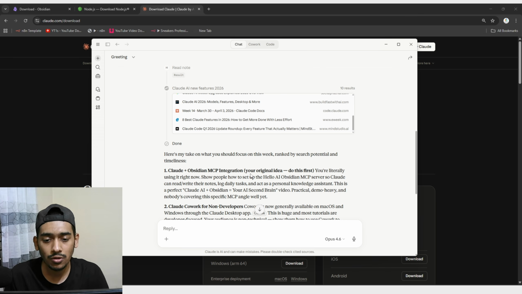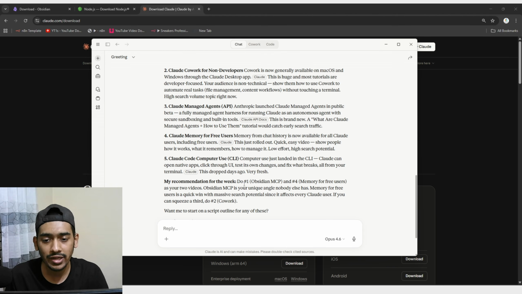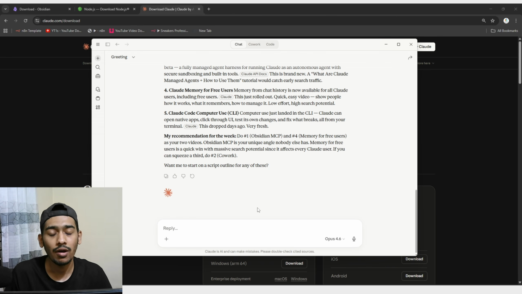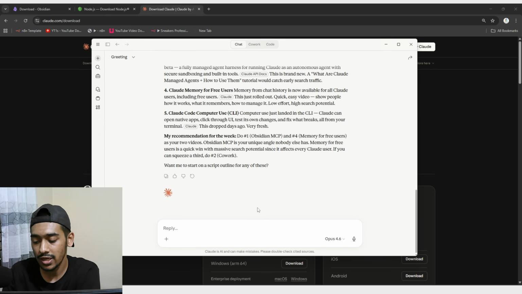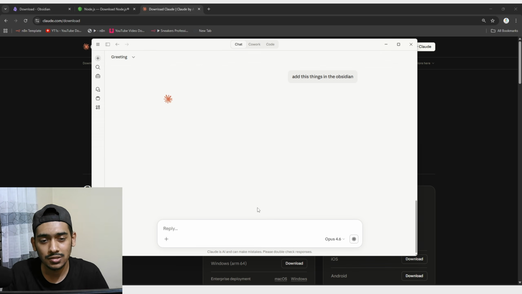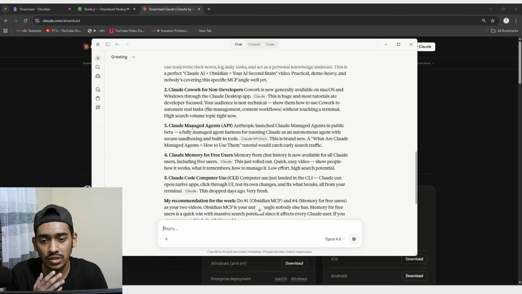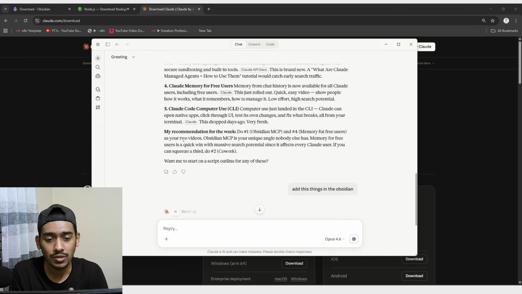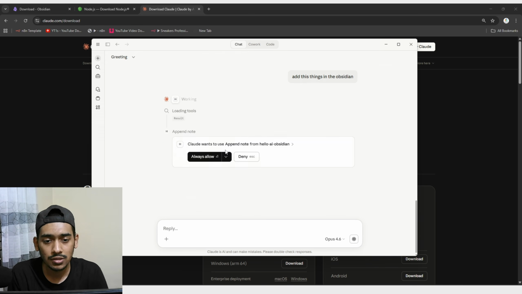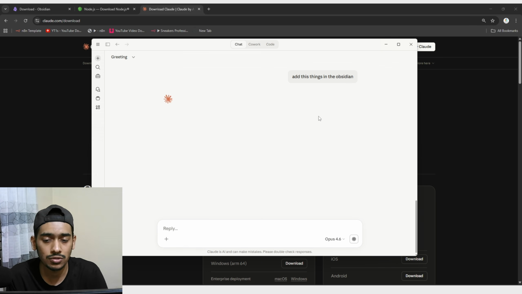And also sometimes you'll notice that it's not adding the context in the Obsidian. So what you have to do is, after every conversation, simply say to add these things in the Obsidian. Most of the time it will think these things are not important because we didn't do any kind of serious work, so that's why it's not doing that. So if you want to add everything like me, you can just say add these things in the Obsidian, then go with always allow, something like this, and it'll add everything for you inside